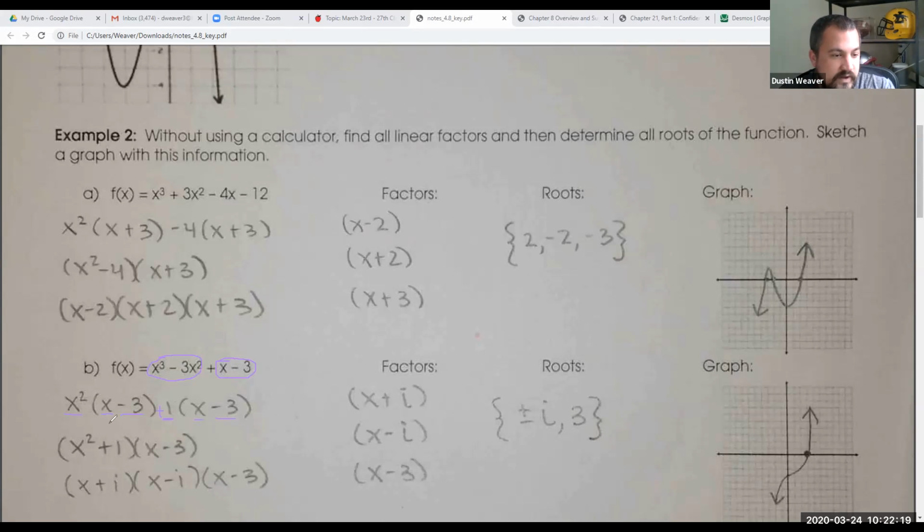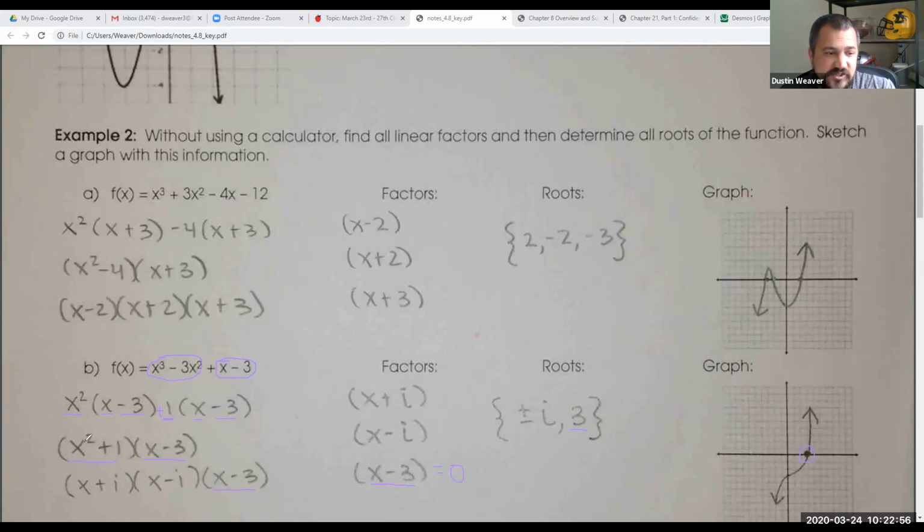So now we have our two sets of parentheses, x squared plus 1 and x minus 3. Now let's look at x minus 3 first, because that's the easier one to deal with. X minus 3 is one of our factors, so we write it over here. And if we say x minus 3 equals 0, then our root is going to be 3, which means it crosses the x-axis at 3. So everybody sees the 3. Is that clear? I think the 3 part is the easiest.